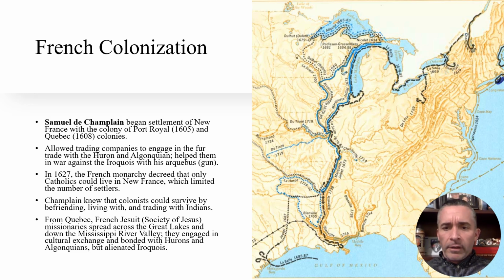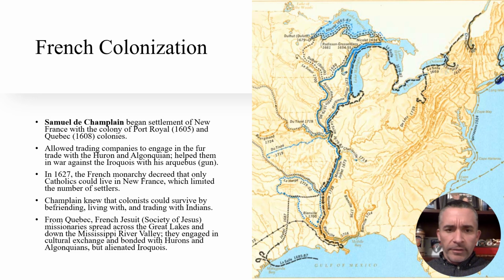They exchanged folkways with each other. And one historian named Richard White called this area around the Great Lakes and the Ohio River Valley and the Mississippi River Valley